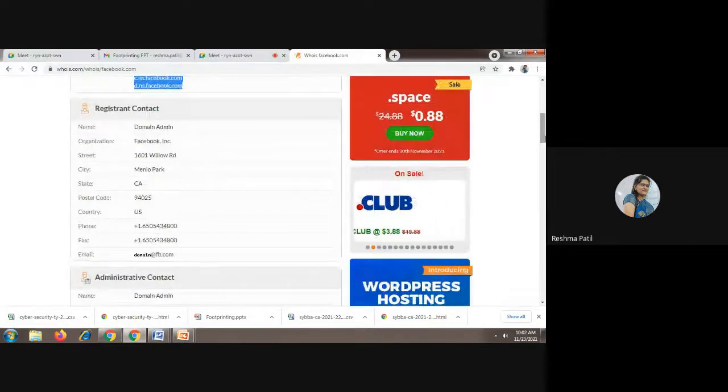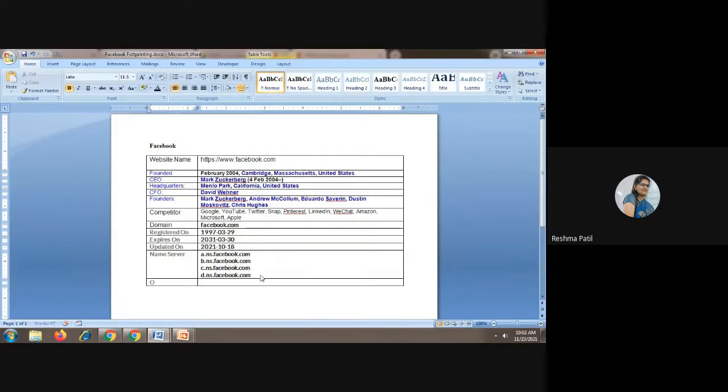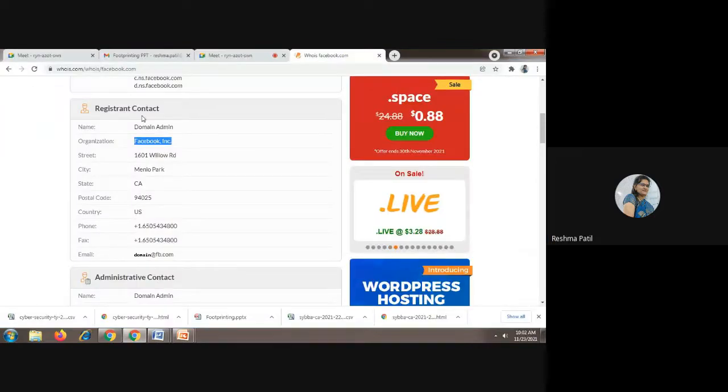Then contact information. Where is this domain? Organization name is Facebook Incorporation. This is the organization. Organization name, location.